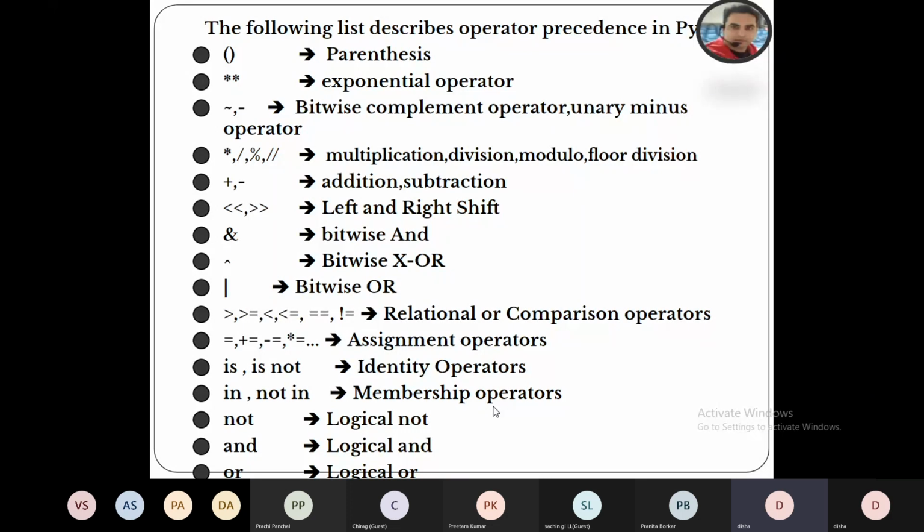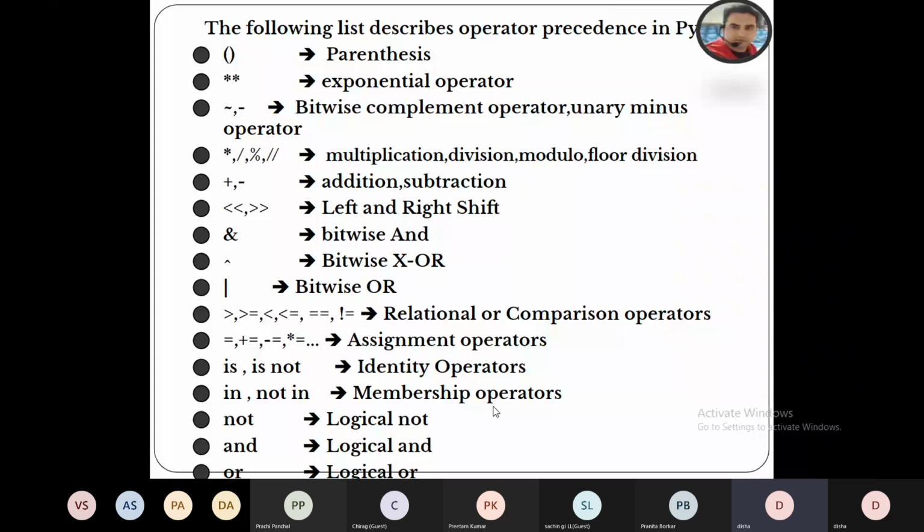If you have an expression that includes many operators, you have to follow some priority: parenthesis has the highest priority over all these operators, then the exponential operator, then bitwise complement and unary minus, then multiplication, division, modulo, and float division, like this. These all have priority, right?